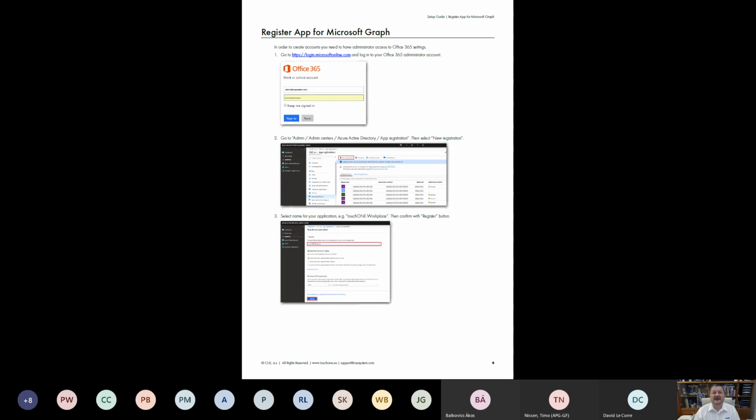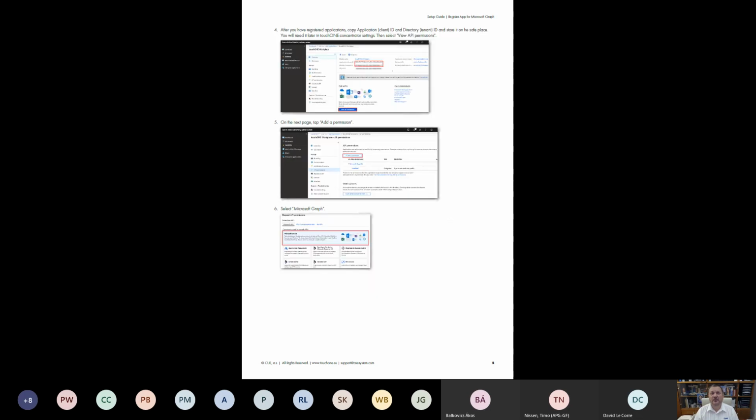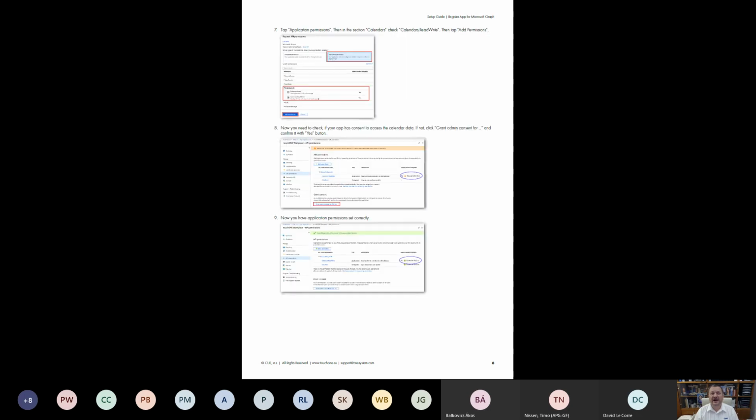Then here is a very detailed description that you need to log in to the Office 365 administration tool, but of course with administrator rights. So you need to be an administrator of the system. And then here is the step-by-step description of what you have to follow to prepare your Office 365 for connection from